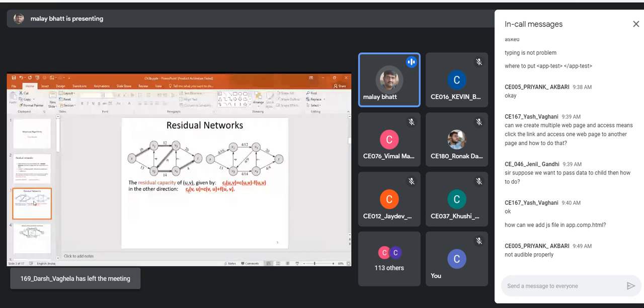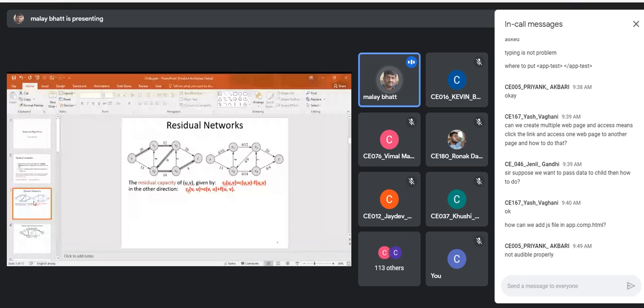That is what you can see in the second diagram: 4 out of 16 from S to V1, then from V1 to V3, 4 out of 12, from V3 to V2, 4 out of 9, from V2 to V4, 4 out of 14, and from V4 to T, 4 out of 4. So that is how we get the residual capacity in the direction U, V.